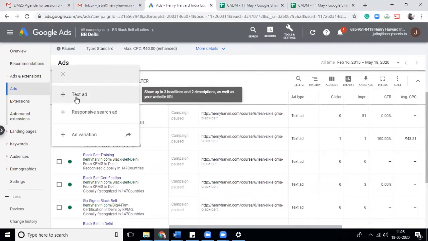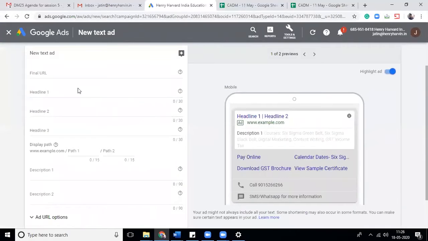Let me show you how to create a text ad and then a responsive ad. A text ad is simply a combination of three headlines, a display part, description one and description two, and a final URL. What is the final URL? The final URL is the landing page URL to which you want to take your user.